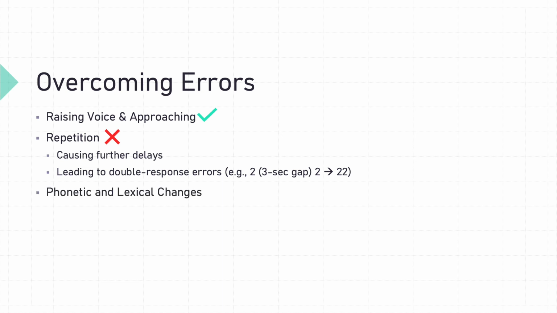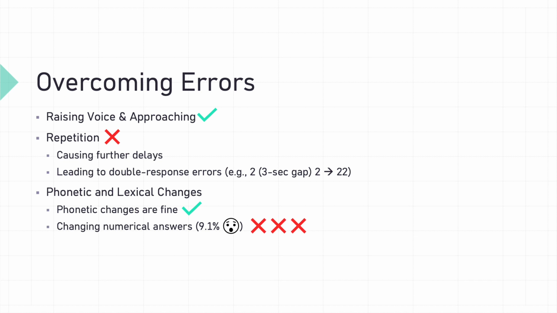The third strategy, phonetic and lexical changes, has been reported by many other researchers. Changing answers phonetically, such as changing the pronunciation, usually does no harm, but lexical changes really hamper data quality. We find that our participants also sense that some numbers were hard to recognize. So when facing recognition errors, they will simply change their answers. About 9% of ESMs in our dataset contain those changed answers. One extreme case that we found was one participant literally uttered all 5 numbers to one question during one interaction